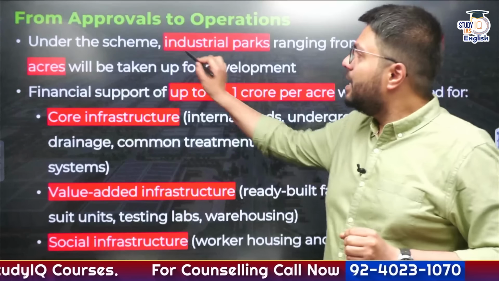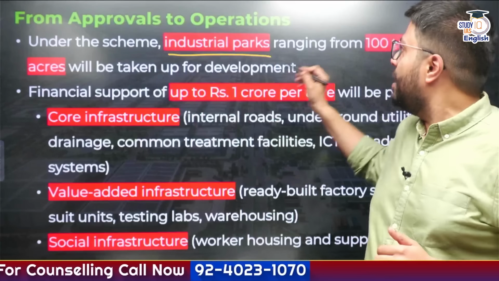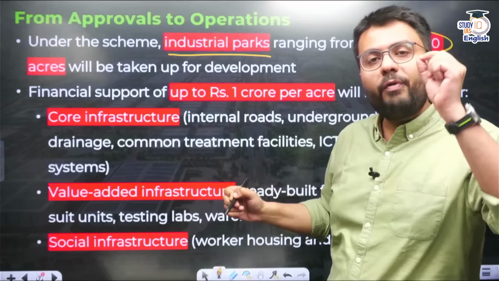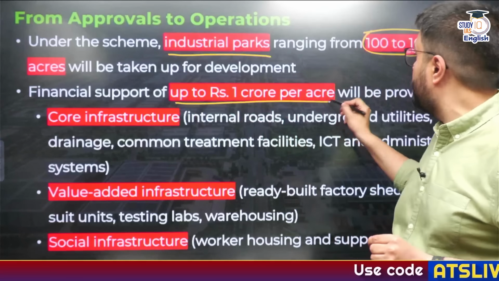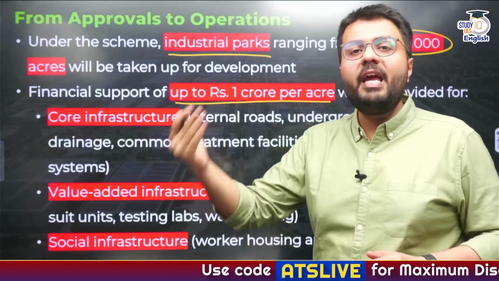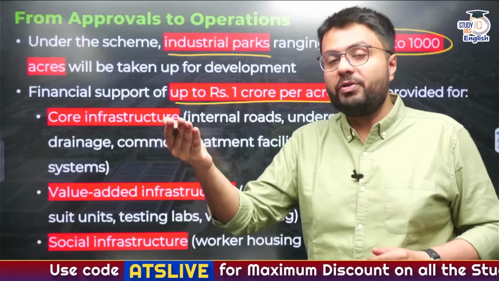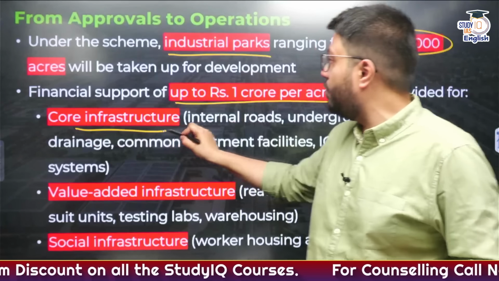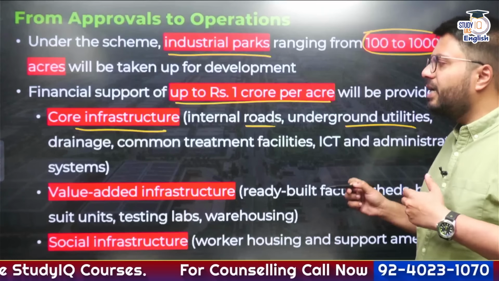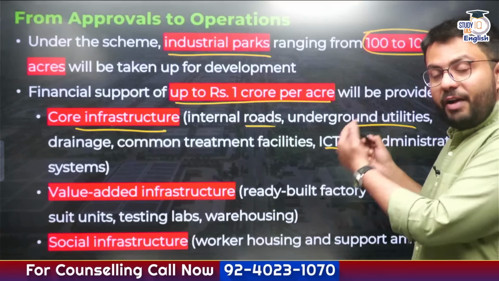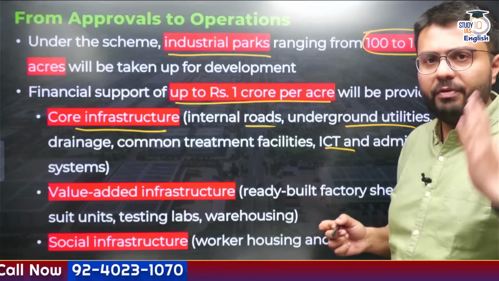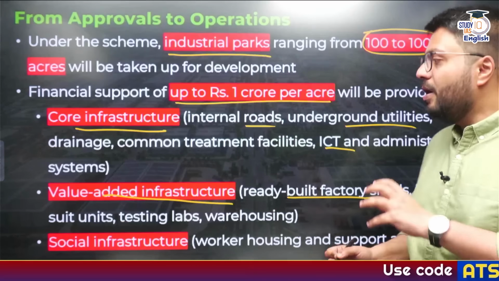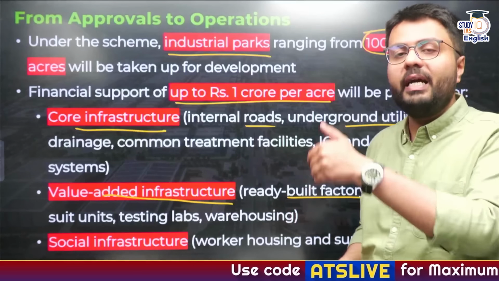Let us understand this. Now, the industrial parks which will be set up under this scheme will be in the range of 100 to 1000 acres of land, and the government will provide financial support up to 1 crore rupees per acre, which will ensure creation of infrastructure. Now, what kind of infrastructure will be created here with the financial support provided by the government? First of all, core infrastructure, which includes internal roads, underground utilities, common treatment facilities, information communication technology, as well as administrative infrastructure. In addition to that, value added infrastructure like ready built factory sheds, built storage units, warehousing, testing labs,